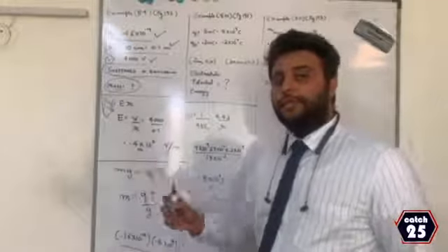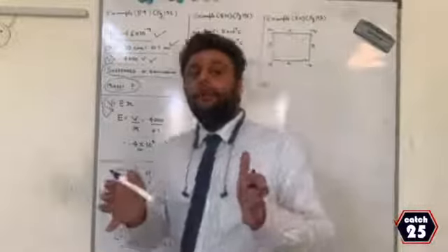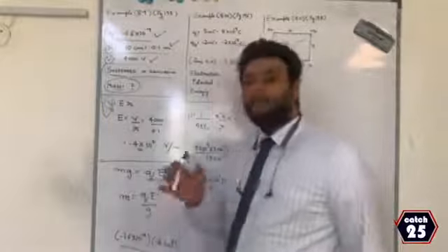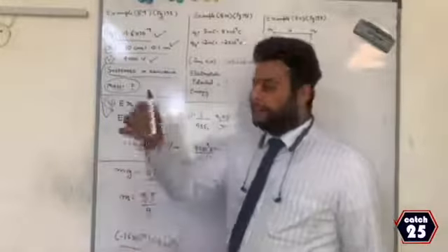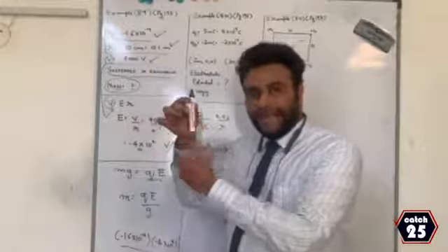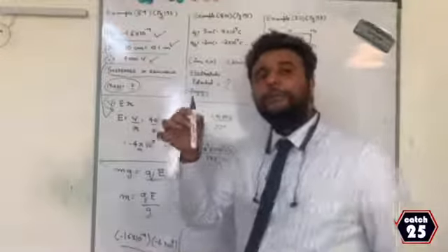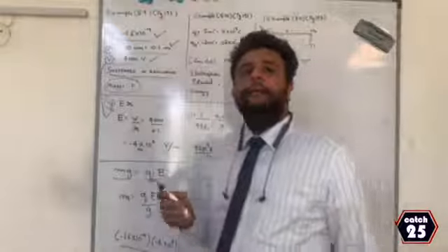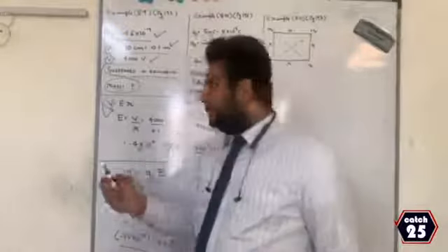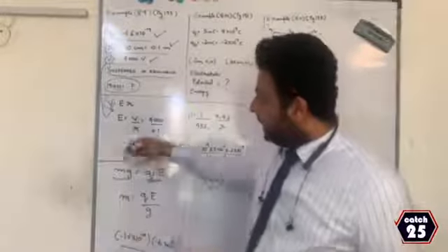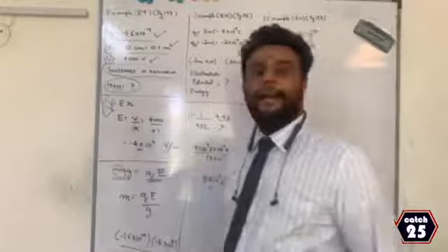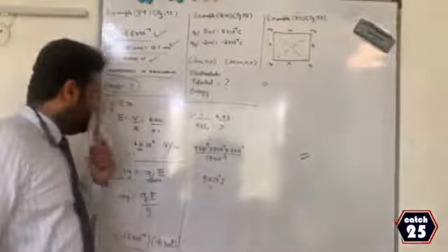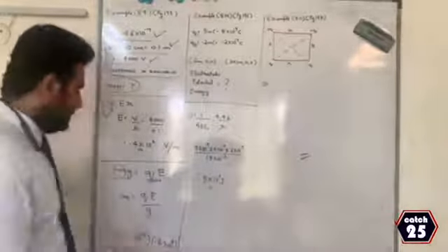Besides electric force, there is something called magnetic force. Together it is called Lorentz force. But if we just take electric force, it is QE. Now since it is suspended, the force acting downward is nothing but the weight. That mg will be equal to the electric force, which is QE. Therefore, if I do mg equal to QE, I have a parameter called m. From there, we can get m equal to QE by g.